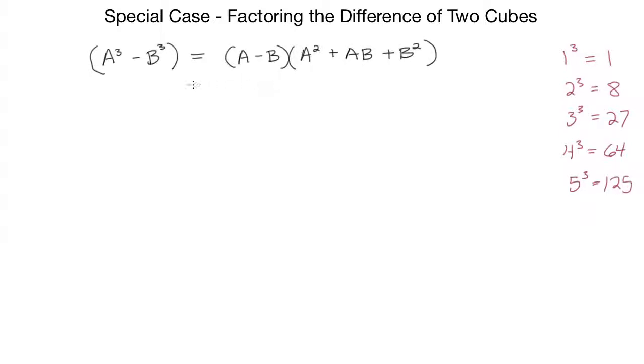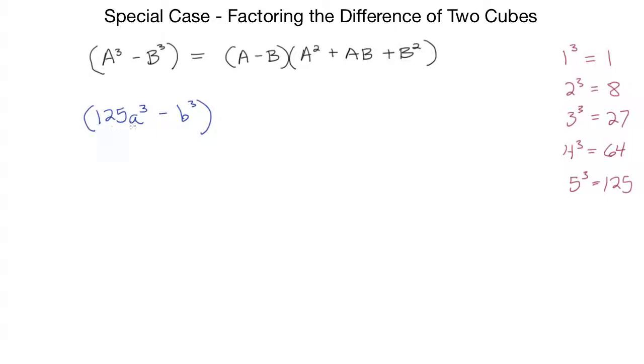All right, let's take a look at an example now and just work through a problem factoring the difference of two cubes. We're going to take 125a to the third minus, well, let's not use y, let's use b, minus b to the third. Okay,